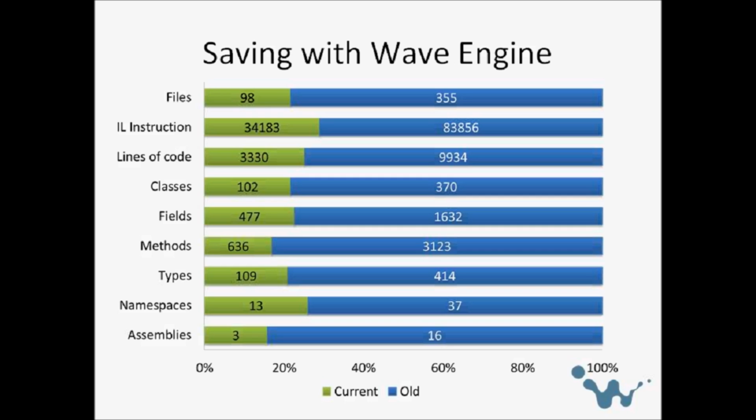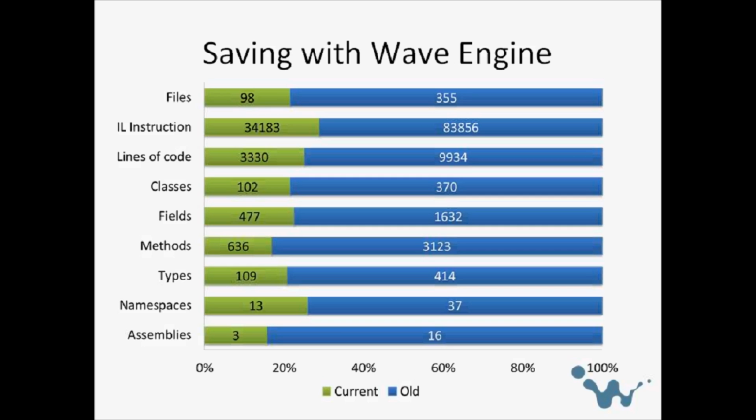So just having a look and summing up, you can appreciate that with Bye Bye Brain on WaveEngine, we have lower numbers than, for example, files. We have 1/4 of the files that were written for XNA, and lines of code, which is a pretty common point of view for analyzing software, almost 1/4 of the lines, or maybe 1/3 of the original game. Also, imagine the classes. We have 100 classes, and with Bye Bye Brain for XNA, we have almost 400.